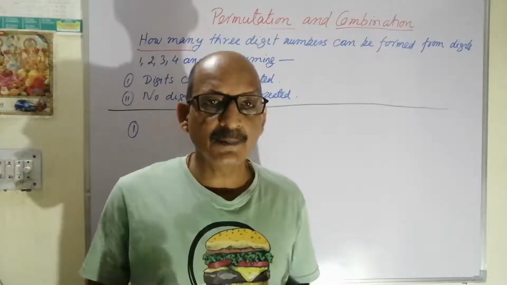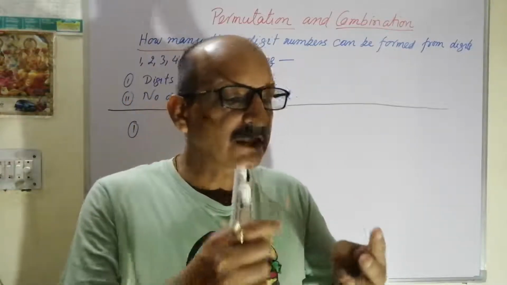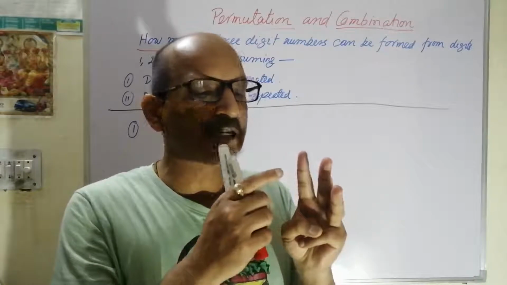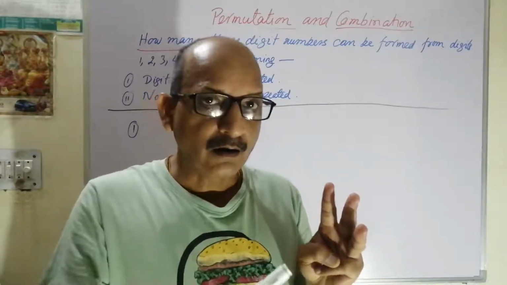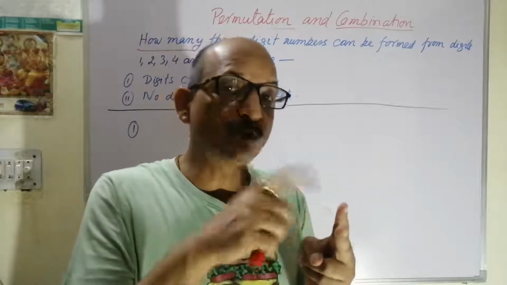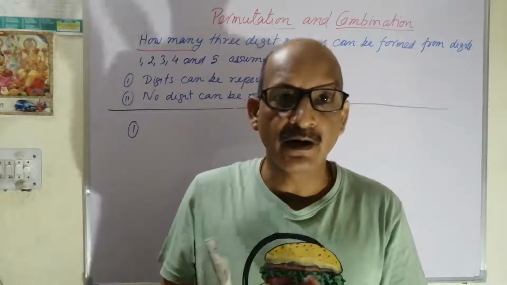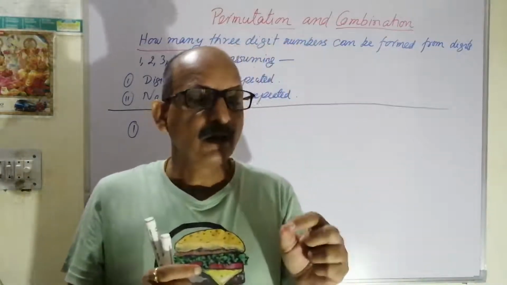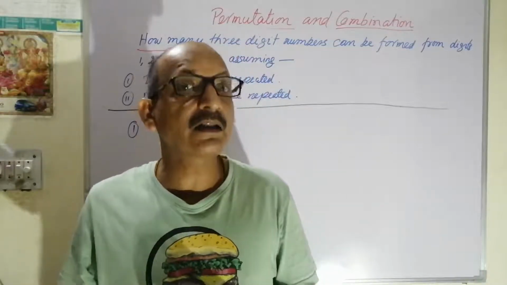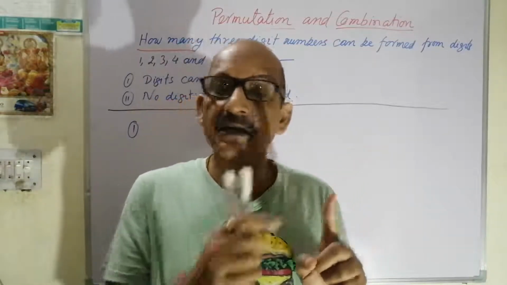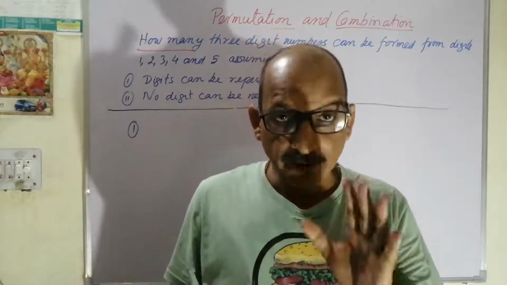Let me take an example again. I am having 3 t-shirts and 2 shirts. Any of the 3 t-shirts means that we can put on a t-shirt in 3 ways, either this or that or that, or also we can put on a shirt in 2 ways. In this way 3 ways plus 2 ways, thereby it is independent. When one t-shirt is put on, we are not going to put on any shirt or other t-shirt. So the first t-shirt is independent of all. In this case we are going to add all these ways.